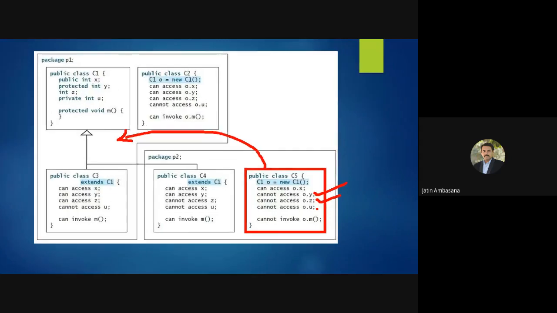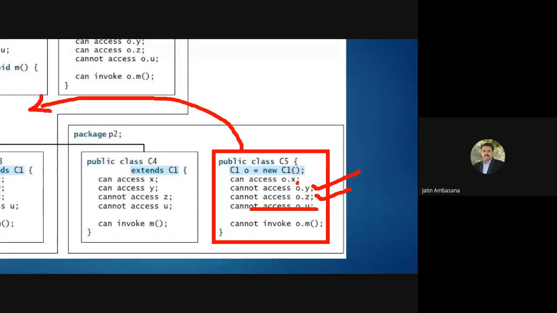But it cannot access U because it is private. And right now it cannot access Y because it is allowed only to the child classes in another package, and in the same package any class, and also to child class. Okay.